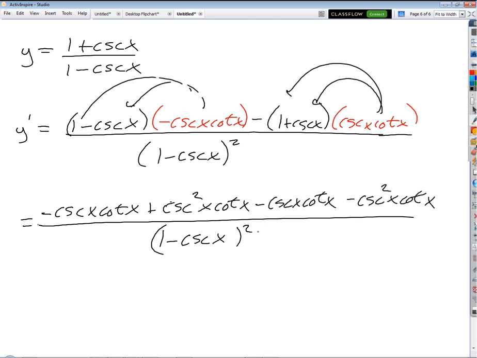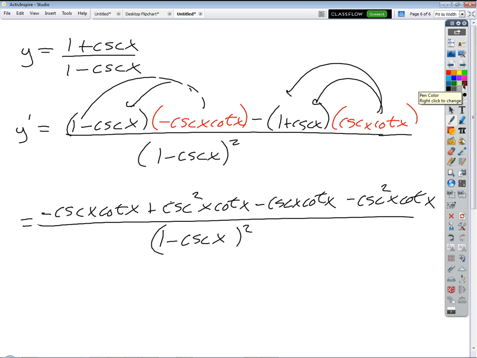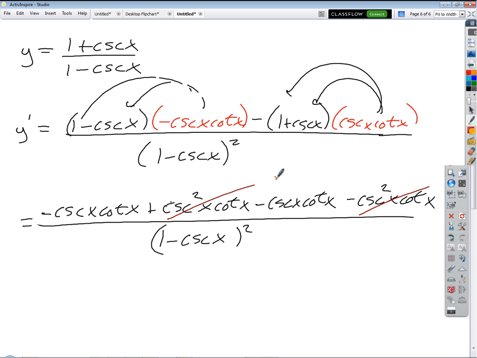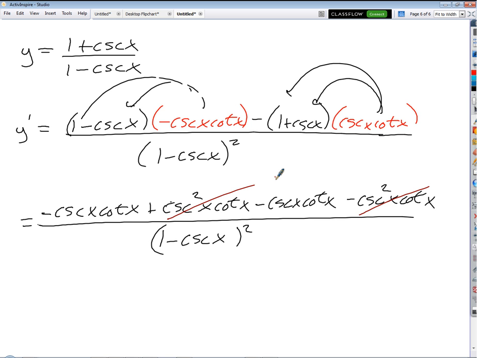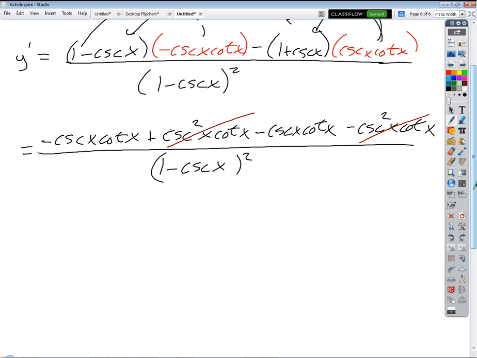Well, something good happened at least. The cosecant squared x, cotangent squared x terms cancel, right? And these add, these are like terms, aren't they? I get negative cosecant x cotangent x minus another cosecant x cotangent x. What's that? Good. Okay, so I get negative 2 cosecant x cotangent x over